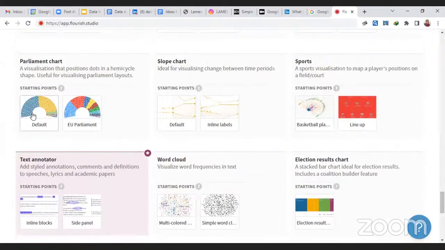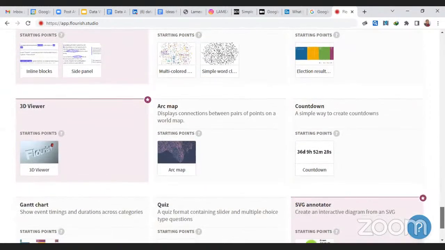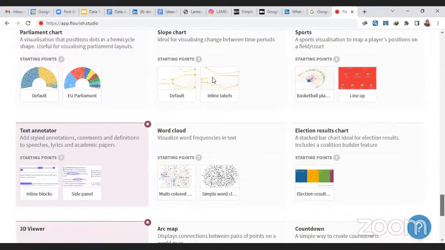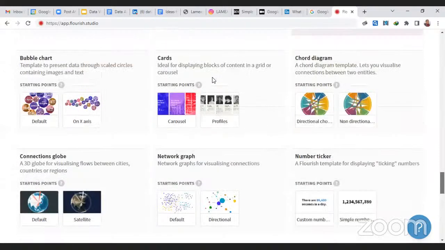I just want to highlight one thing about these templates. When you see a template that has a star, it means it's a paid version. For example, if you try to click on this, it's not going to work because you have to have the paid version to access it. But for the rest that do not have the stars, and have the highlight color, you can use each of these templates and try. I'm just going to look at an example,